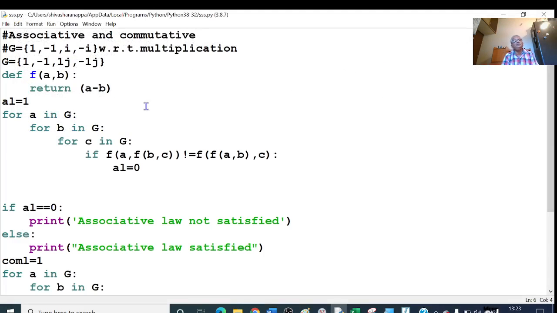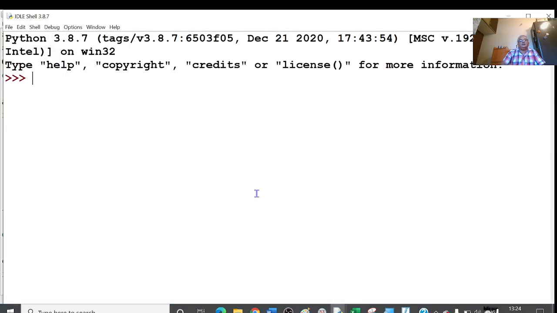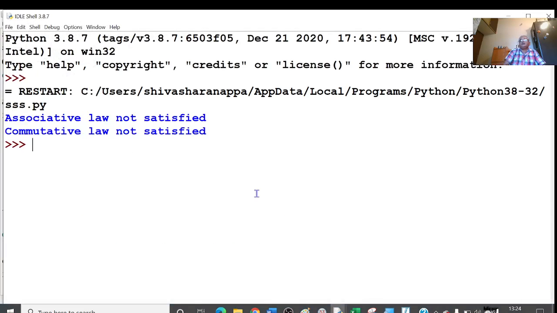And if we make the operation division, here also it is not satisfied, because for commutative, A by B is not equal to B by A, and for associative also, A divided by B by C is not equal to A by B by C. If I run this program, here also it is not satisfied.